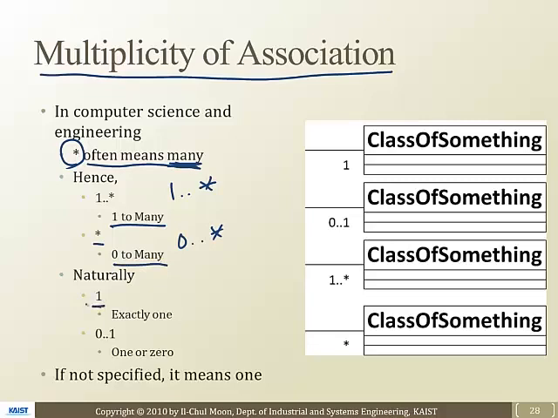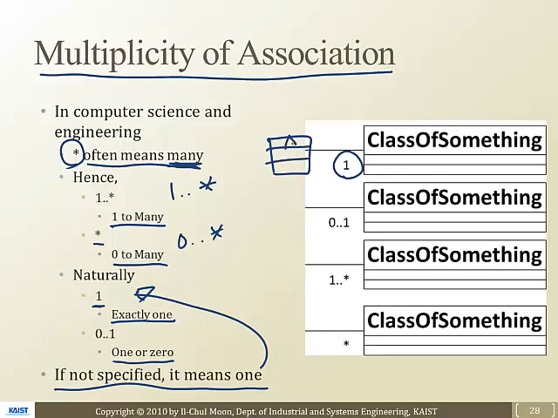Naturally, this 1 means exactly 1, and 0..1 is 1 or 0. If not specified, it means just one, okay? So let's see this. Class of something is just 1. And let's imagine there is class A,